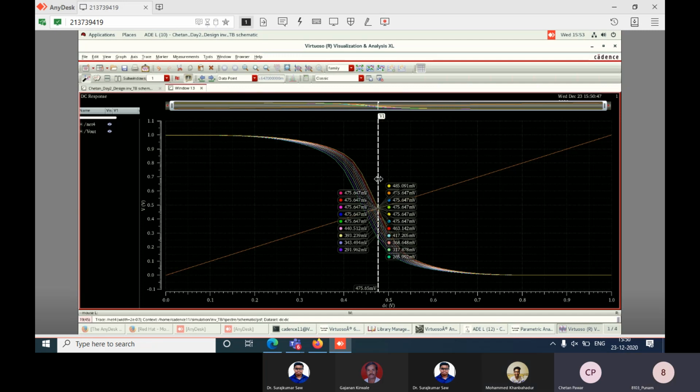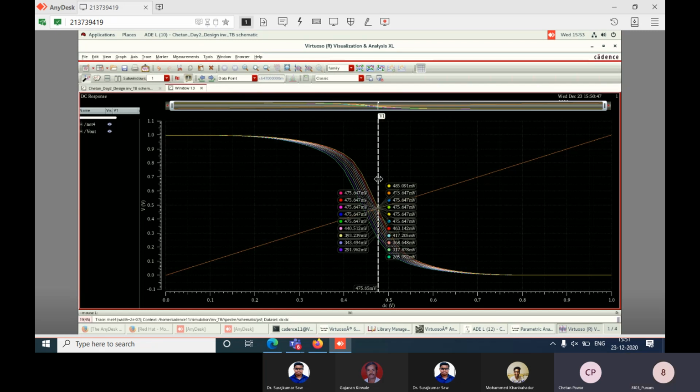Sir, by varying NMOS width only we will get the near threshold? No, we have varied the width of the PMOS. What happens? Generally, the electrons mobility is approximately 2 times the holes mobility, not equal. Because of that, PMOS is slow compared to the NMOS.